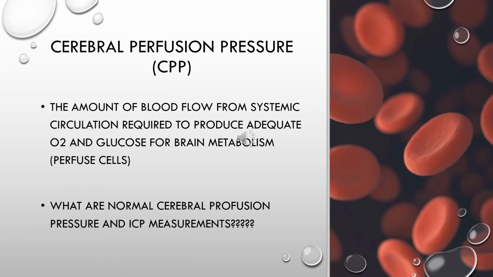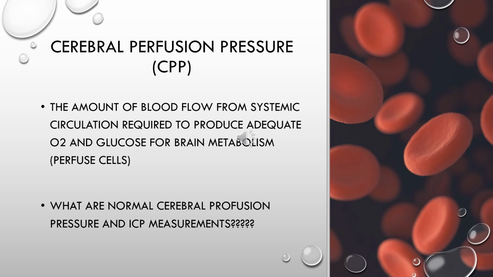Okay, another important concept to understand when we're talking about intracranial pressures is something called cerebral perfusion pressure, or CPP, and it's simply the amount of blood flow from the systemic circulation required to produce adequate oxygen and glucose for the brain metabolism in order to perfuse those cells. So it's the ability to actually give the brain the oxygen and glucose that it needs to do its job. So what are normal